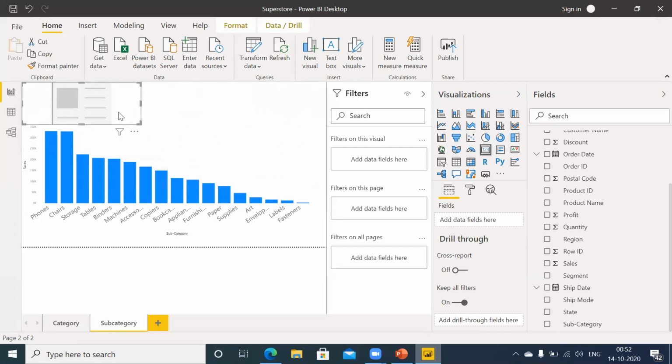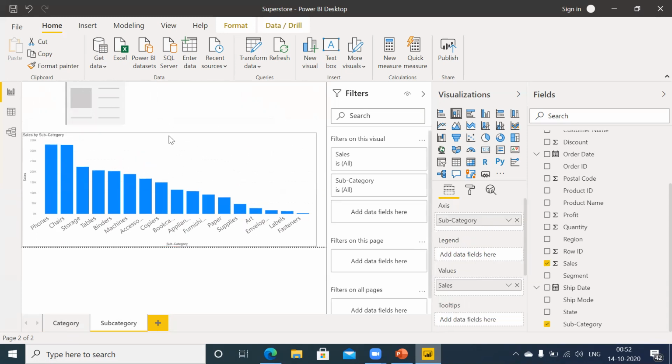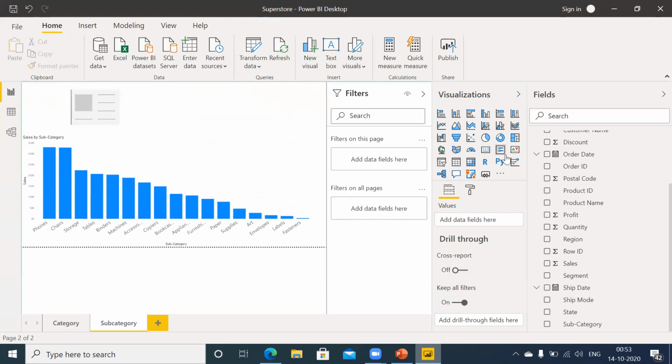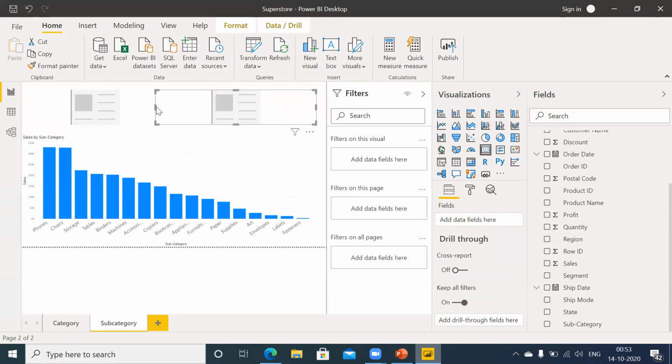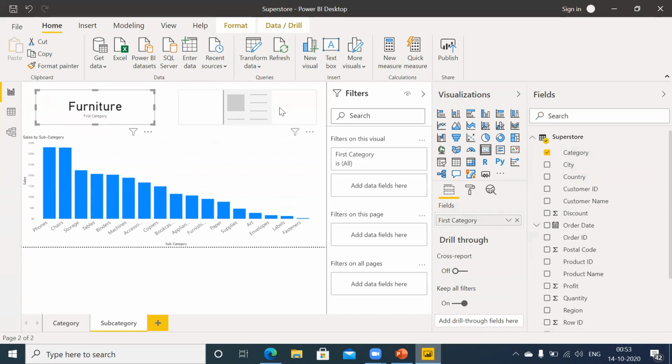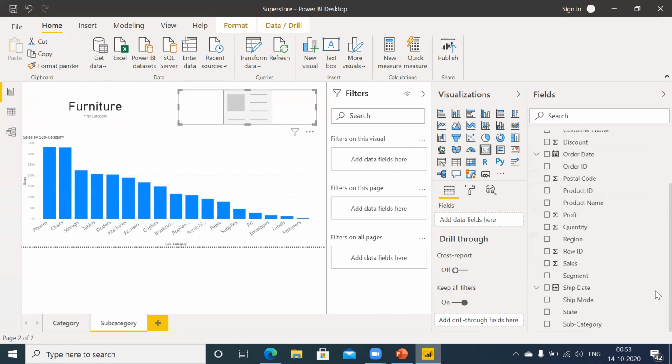I will explain why I am taking. Let's take category on first card and sales on another. Okay.